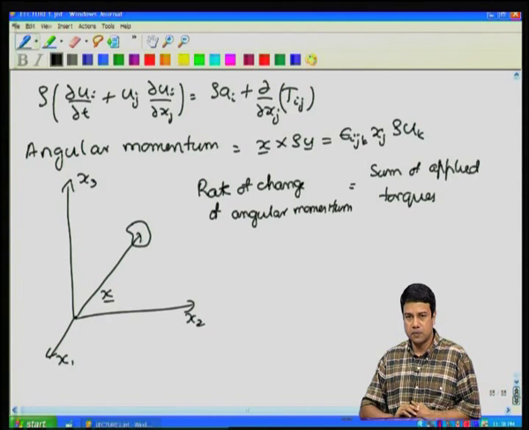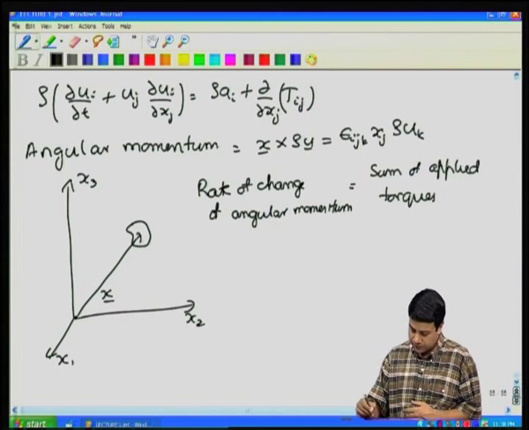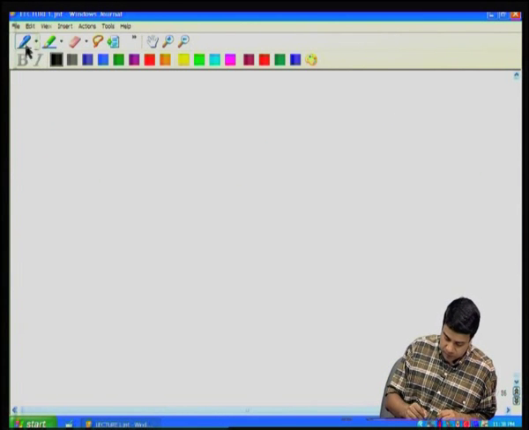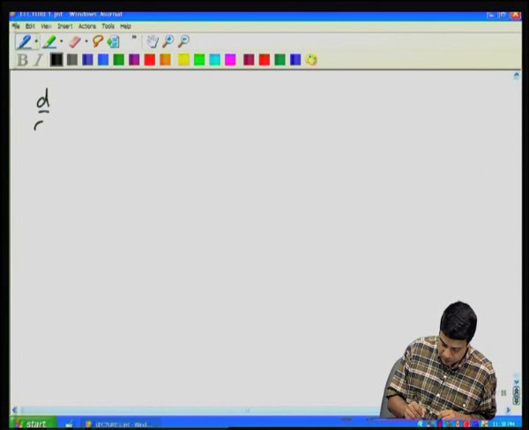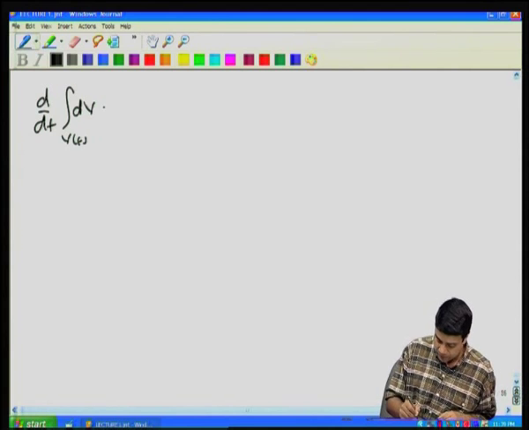So, the rate of change of angular momentum, d/dt of the integral over the volume, which is a function of time, dV of ε_ijk x_j ρ u_k,